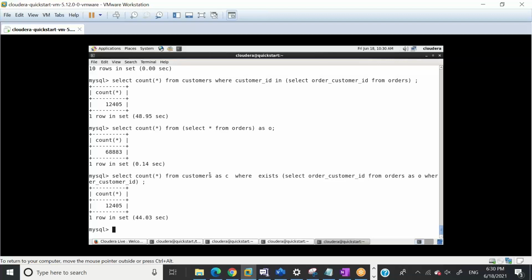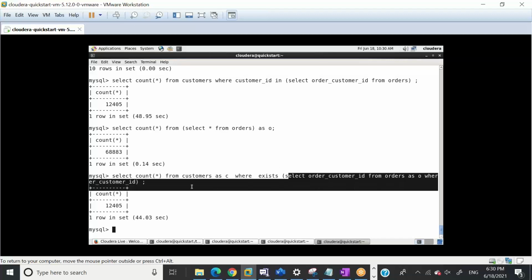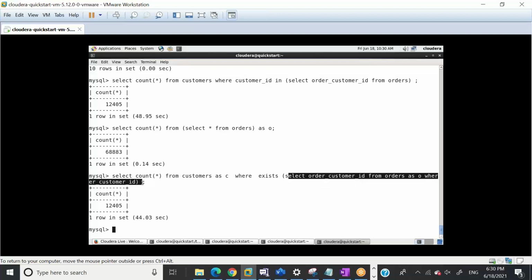Okay, no worries. What exists is doing, see, what I write here, forget about SQL, in English: select count star from customers C where exists. Where exists this particular clause, tell me how many rows are returning true out of this. So exists will evaluate to true and false, right? What exists is doing is select customer ID from orders where